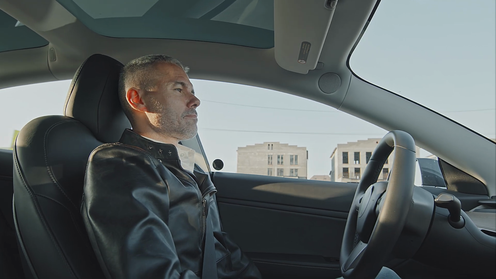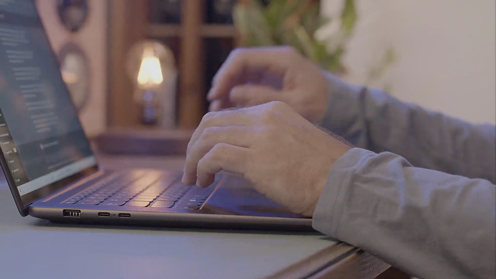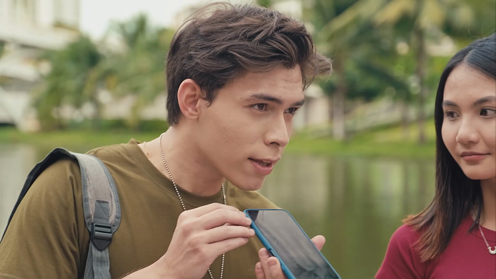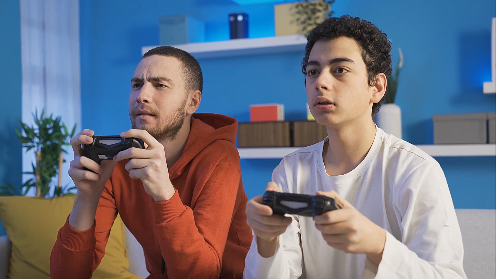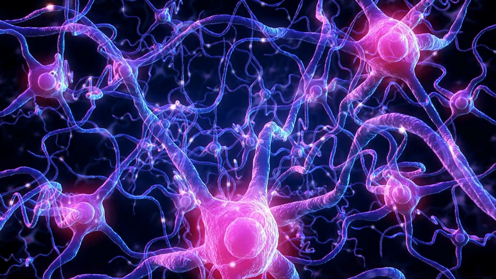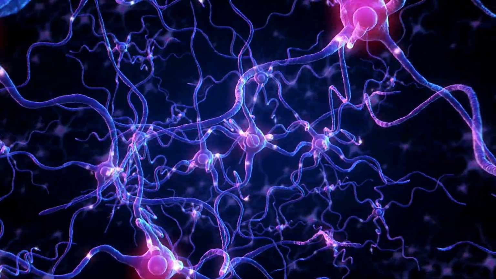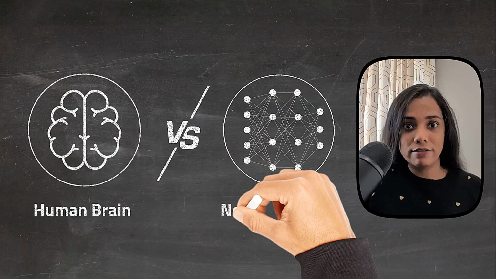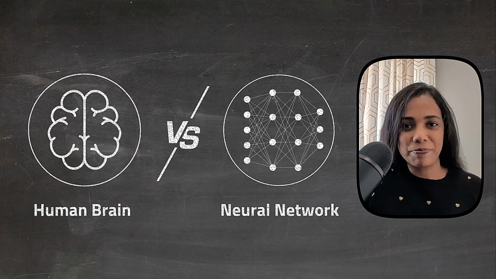Just bring your curiosity. Neural networks are at the heart of many recent breakthroughs in artificial intelligence. If you have heard of AI models that can recognize faces, translate languages, or even play complex games, chances are they are powered by some kind of neural network. Neural networks are loosely inspired by how neurons or brain cells communicate in a human brain. But keep in mind that this resemblance is more of a metaphor than exactly how it works in the brain.